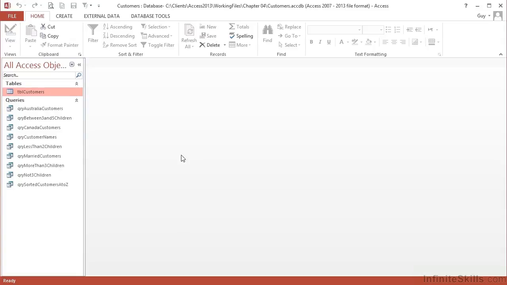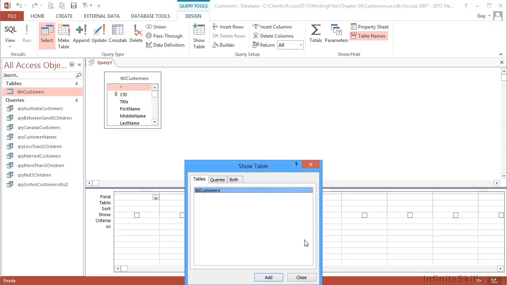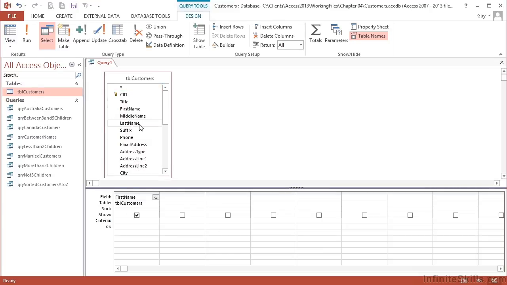When it comes to filtering by date fields in Access, a lot of what we've already seen with text fields and numeric fields can come into play. So our first step is to create that new query in Design based on our customers table. Again, I'd like to see their first name and their last name, and then we're going to deal with some